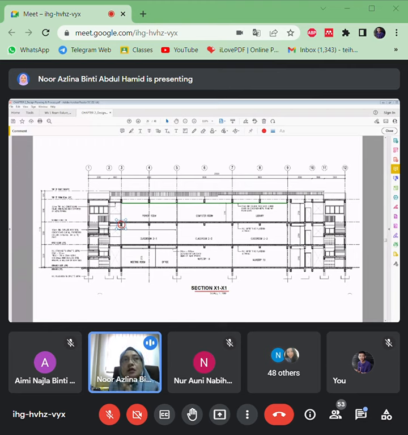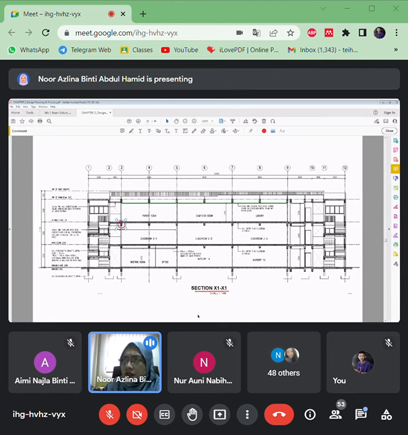Kalau tak, it's not sufficient for that size, we have to change the size. We have to give a suggestion for the architect that the suitable size, the safest size will be blah blah blah blah. Okay.